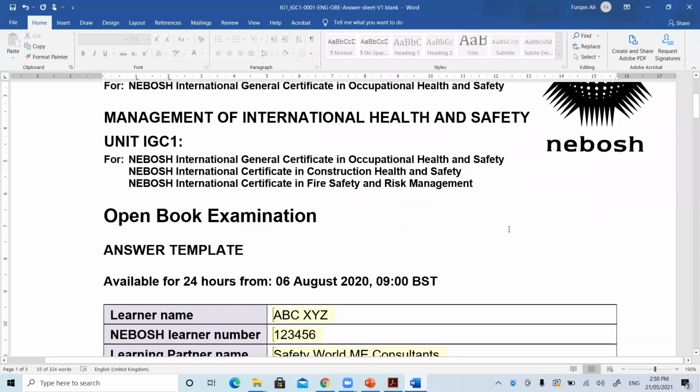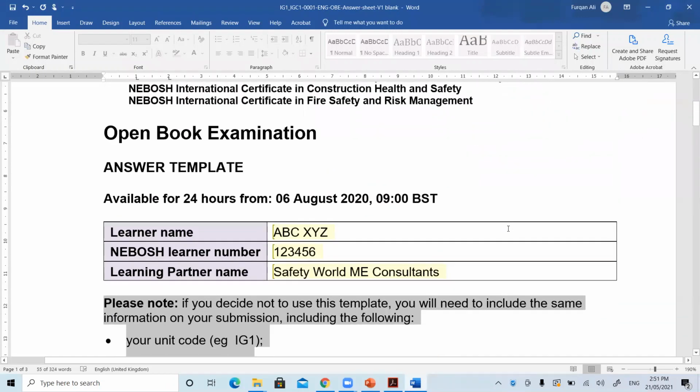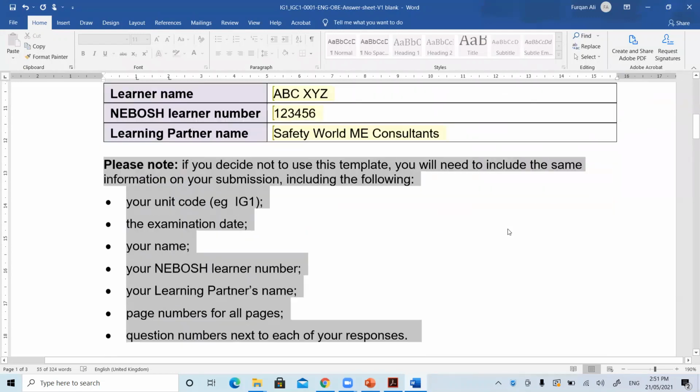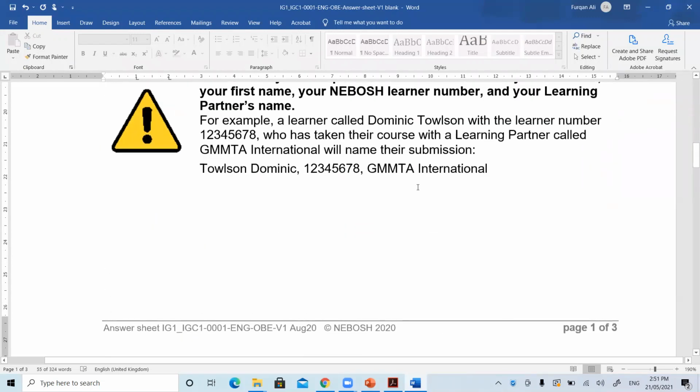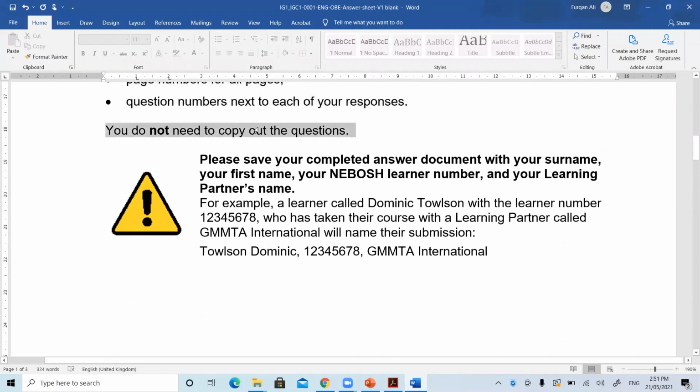But my advice is, please use this NEBOSH template for the answer sheet. Don't create your own template. You do not need to copy out the questions. Please save your completed answer document with your surname, username,